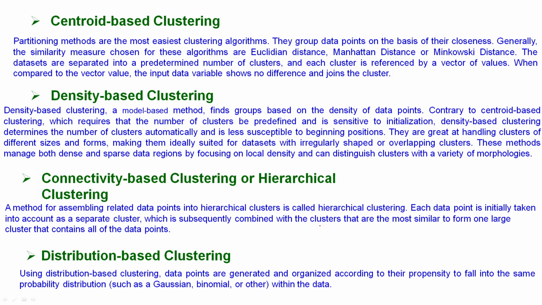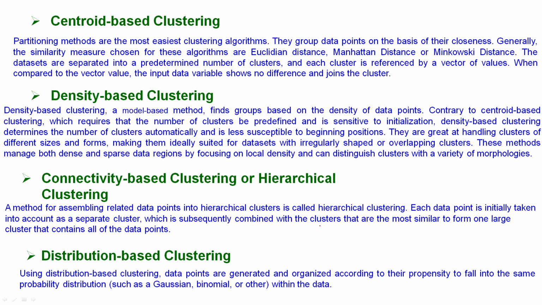So, we assume a centroid, a central point, and then calculate the distance from the central point to the nearest points, and based on the distance we can put them into clusters. And I told you distance can mean many things, like Euclidean distance, which all of you are used to: root over x1 minus x2 squared plus y1 minus y2 squared, right, that is what is called Euclidean distance.